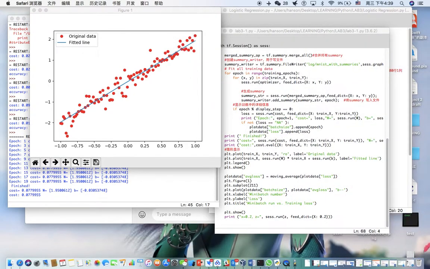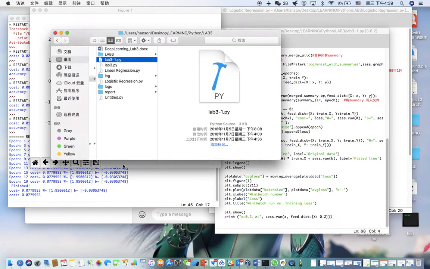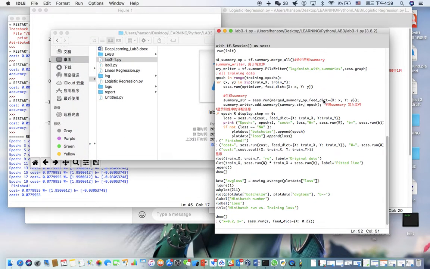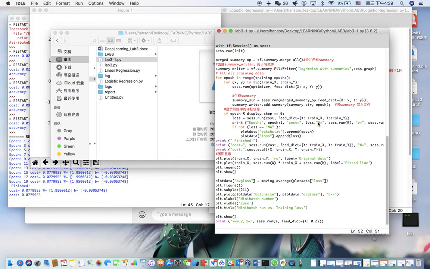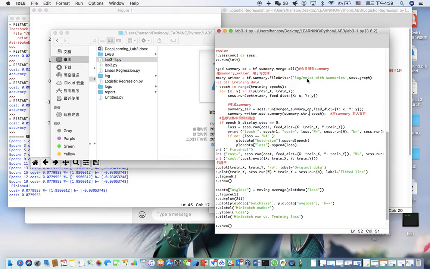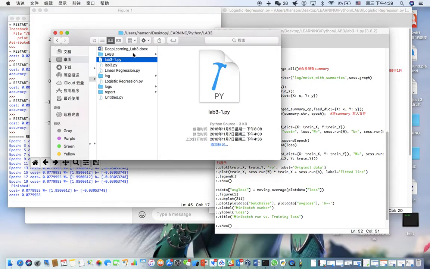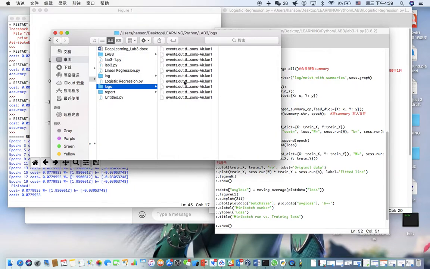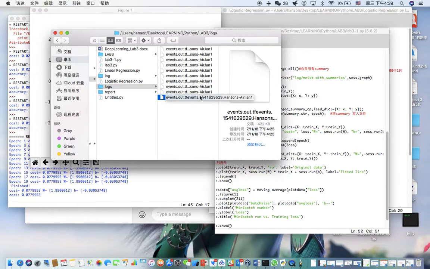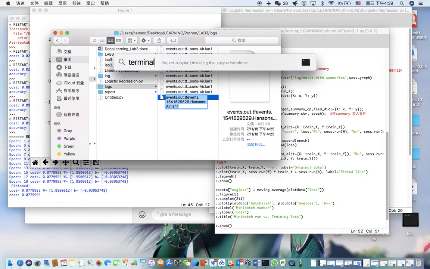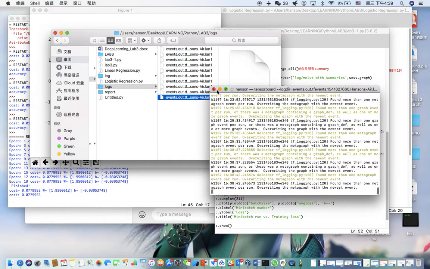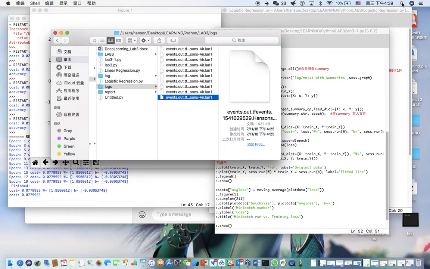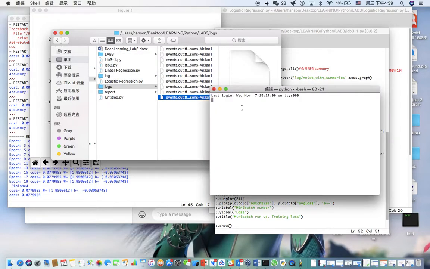And I would like to show how to open it. I write the events into the logs file folder. The logs folder is right there, and there are a lot of files there, but I guess it's the last one. When we want to show it in TensorBoard, we can just open the terminal. Okay, let me shut down that one. In the terminal, it goes like